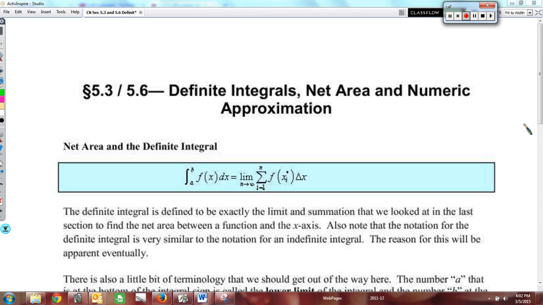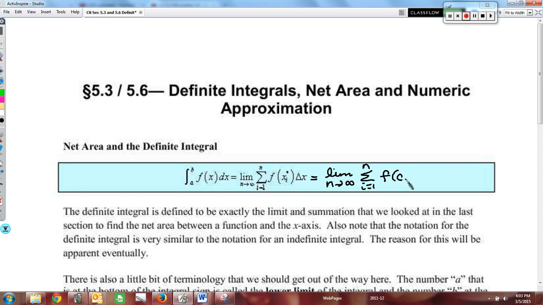So as we saw in the previous lesson, at the end, as we were calculating the area in between a positive function and the x-axis, we were creating this idea of drawing several rectangles, of which we are then calculating the area of each rectangle, where this f of x sub i star, or if we use the notation that I prefer, which is more in line with what we've been doing in AP Calculus, that we are